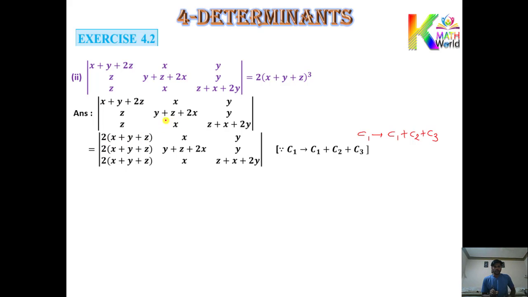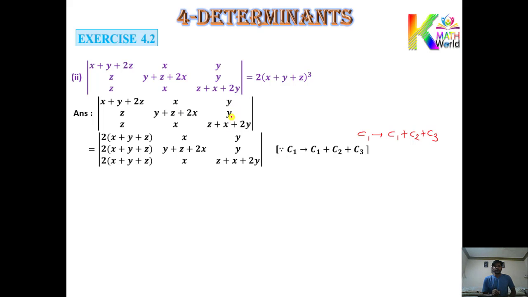Same way, this thing got added to this one. So z plus z, it will become 2z. Twice x as it is. y plus y, it means you got 2y. It means again here occurs 2x plus 2y plus 2z. It means 2 common, then you get 2 times (x plus y plus z). Same way for the last one, z plus z, so 2z, x plus x, so twice x, and this 2y here. Again it will occur 2x plus 2y plus 2z. Then you can take out 2 common and left 2 times (x plus y plus z). The second column and third column as it is.